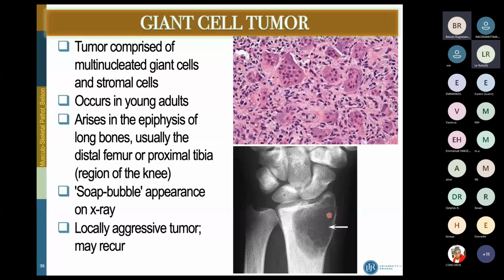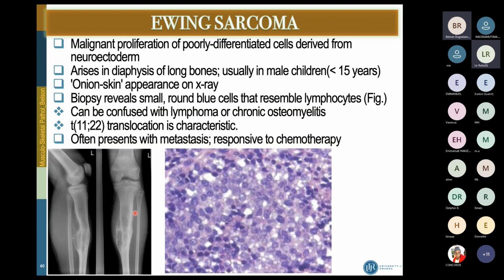So it is a locally aggressive tumor and may recur. Although it is aggressive, it is not a cancer. It behaves like a cancer, but there are no cancer cells there. It is just destructive. So Ewing sarcoma,